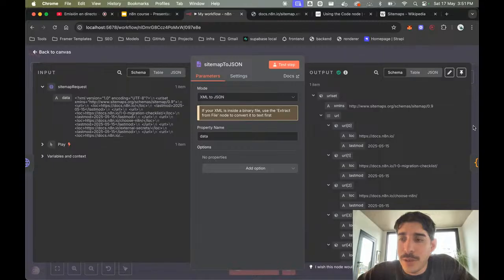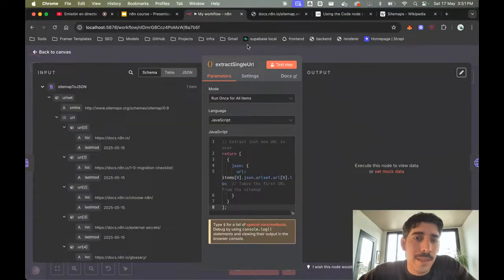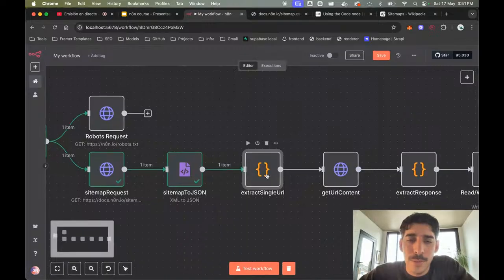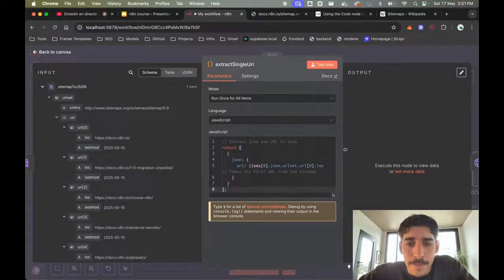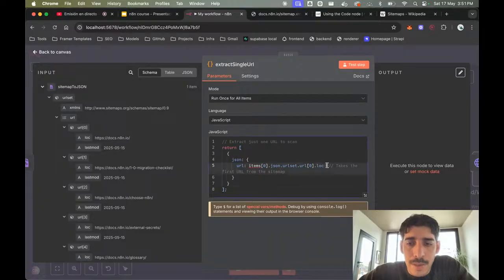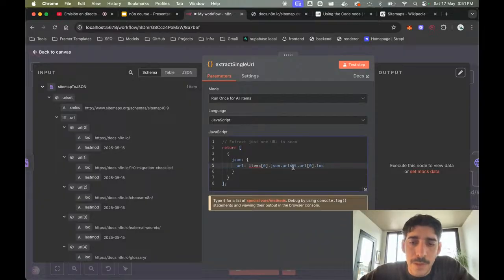That could be redundant, or it's probably good for JavaScript. We will see. Then the next one that I have is this one. I was trying to extract only one item from the list, say the first one. So it should be this one probably.